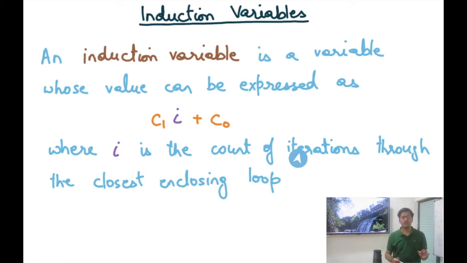What is the count of iterations? It's basically the number of times the head has been visited since the entry of the loop, right? Maybe the loop is being entered multiple times and we are only counting since the last entry of the loop, right? And so that's the loop iteration count for that particular invocation of that loop, or that particular entry of